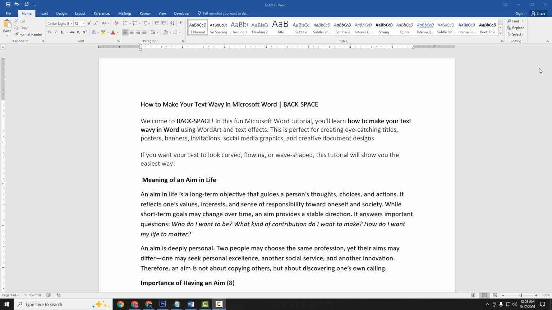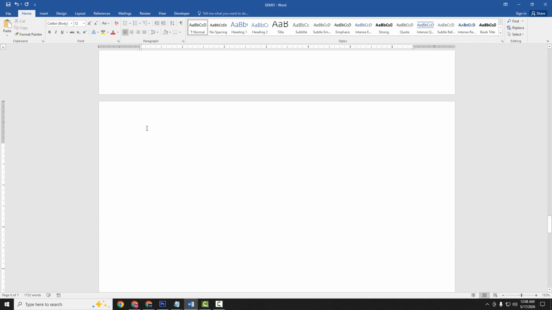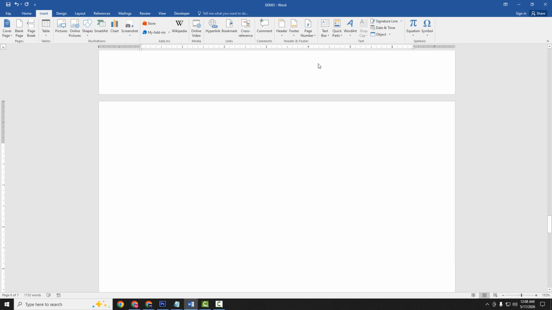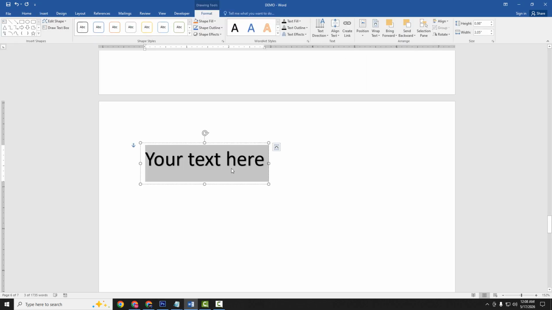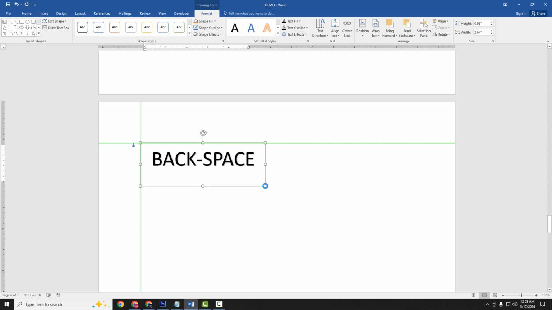So let's get started. At first, go to the blank page and go to the Insert menu, click the WordArt option, then draw a WordArt. Now I am selecting this, then write my text. You can write any text. Then, to make the text wavy, select the Format menu,